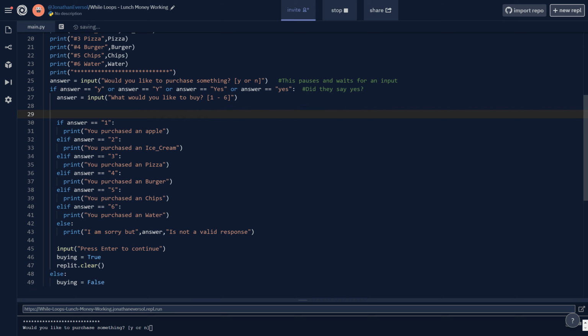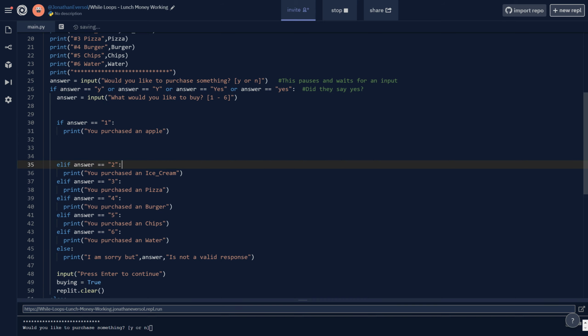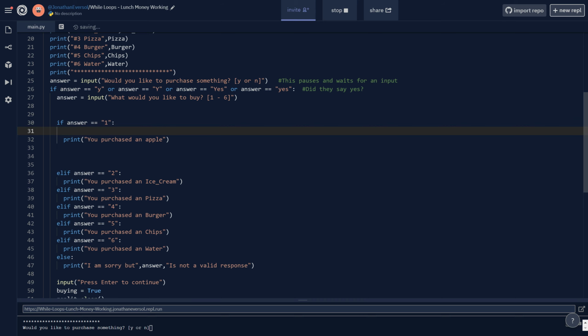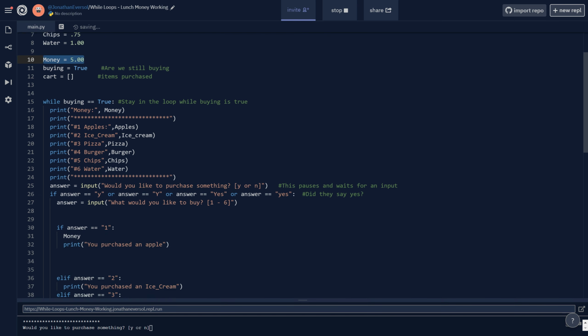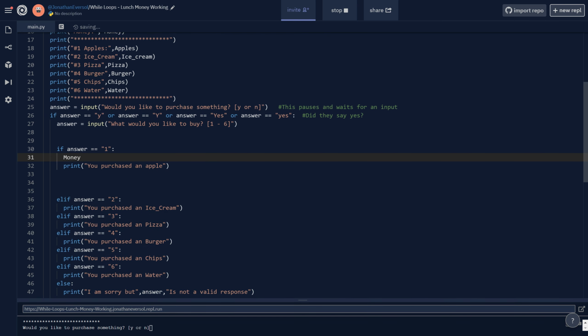I'm going to spread this out here so we can work on the first one first. We're going to make the first answer work properly, and then we'll move to the rest of the stuff. So if they push the 1 button, then we need to take some money from them. So we're going to do money. So is that what we used here? Yes, we said money. So we're going to say money minus equals, and we're taking away from them some amount